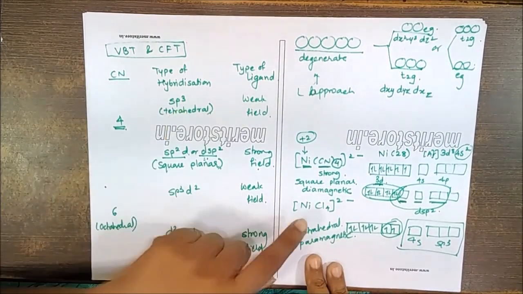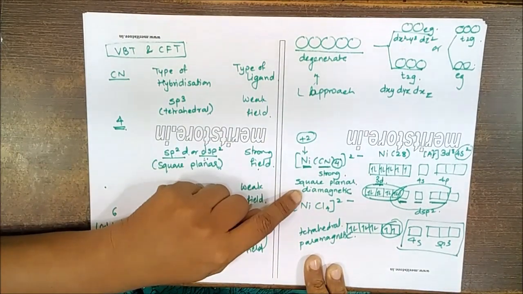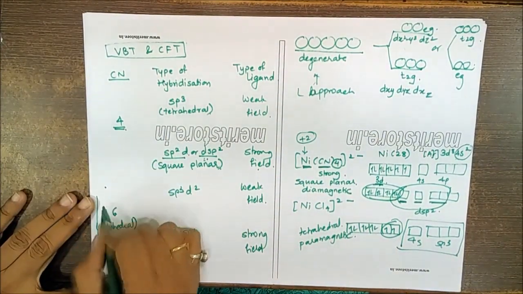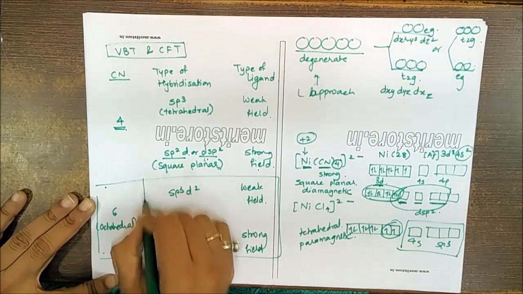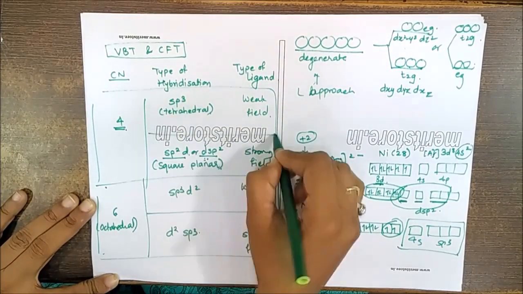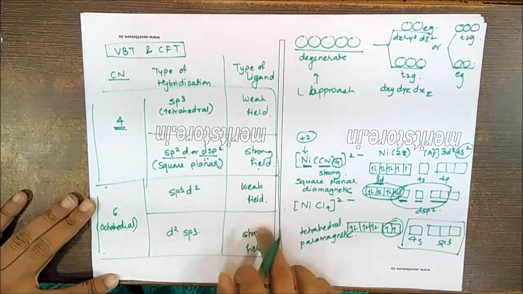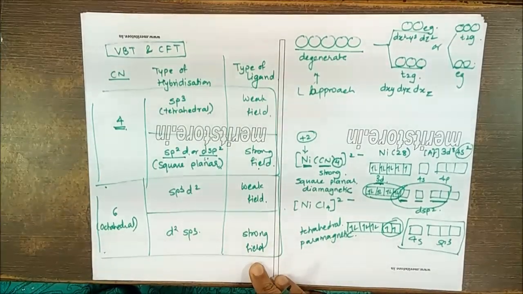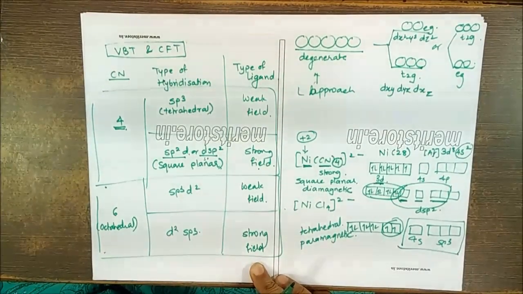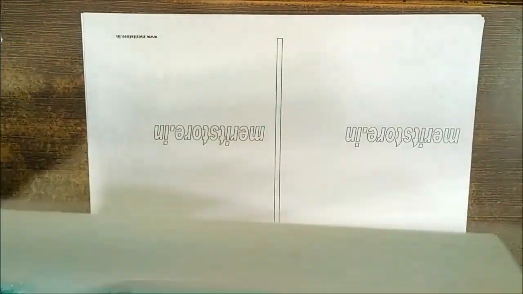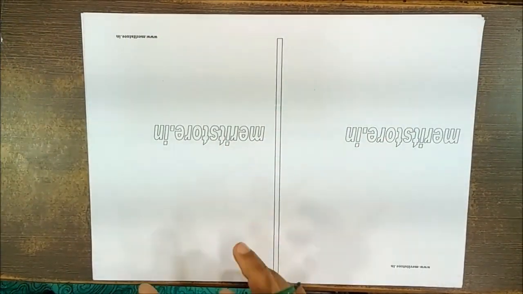So overall, you can predict the magnetic property and the geometry of any complex if you simply use this particular table. For coordination number 4 and 6, we can use this table to predict their geometries. Now the next part we'll be talking about is the factors which determine the value of the